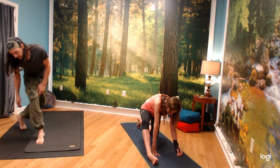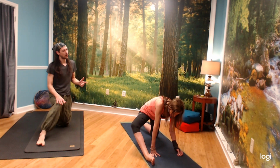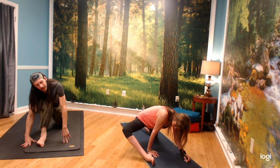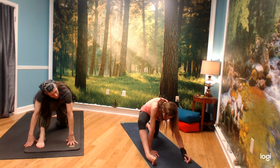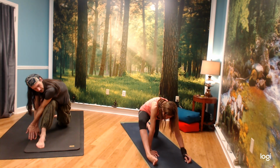Find any areas of tension. And as long as you know that your muscles should be able to go that direction, then take the time to figure out why the pain is there and how to get rid of it just by breathing out and letting it go. Now we're going to take that left hand on the right side